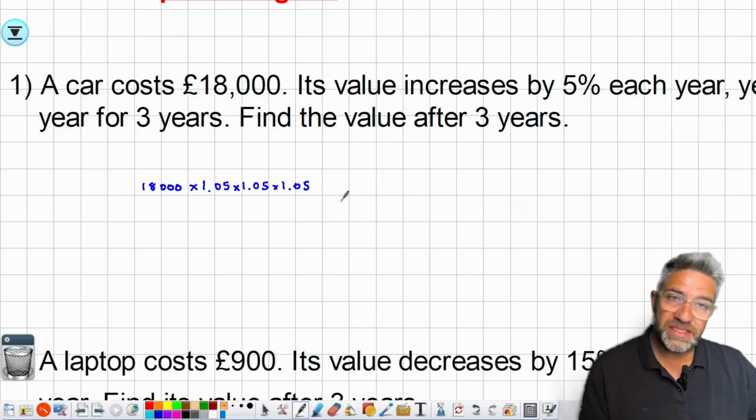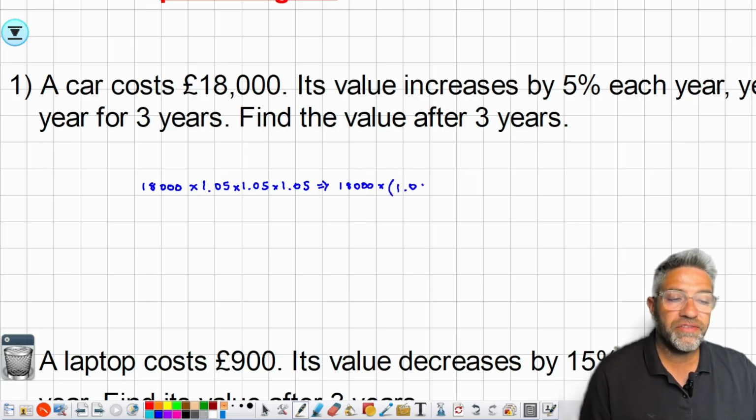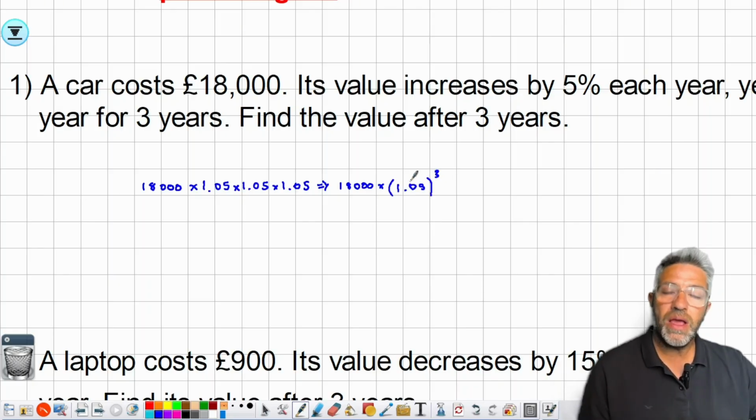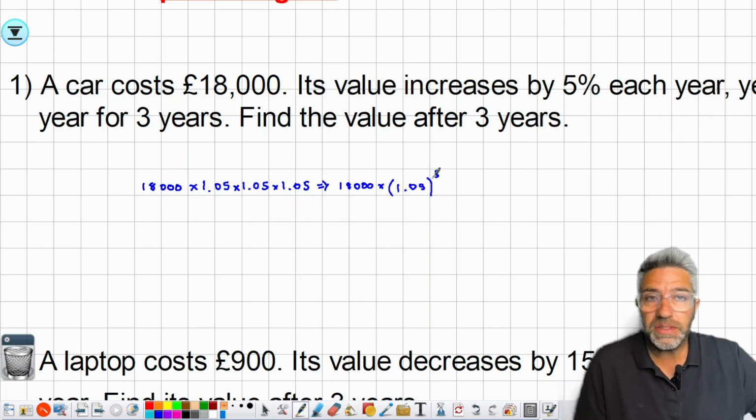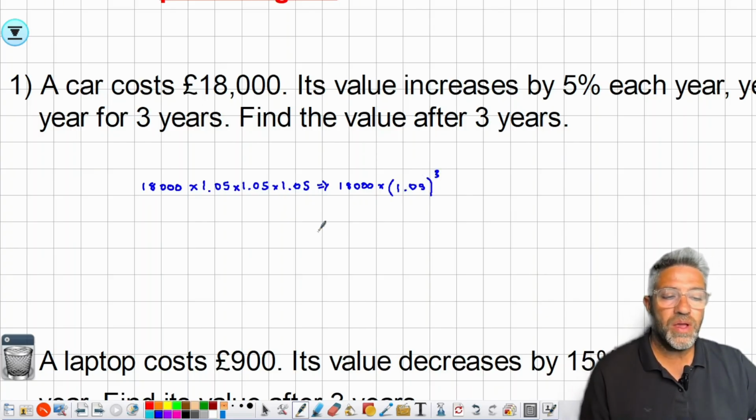Now, for the purposes of this video, I've shown this in detail, but actually what you should be more familiar with is the following style of notation. 18,000 times 1.05 in brackets to the power 3. The power representing the time frame of the question. In this case, 3 years. But it could equally be months. It could equally be hours, just depending on the context of the question. Well, all that's left now